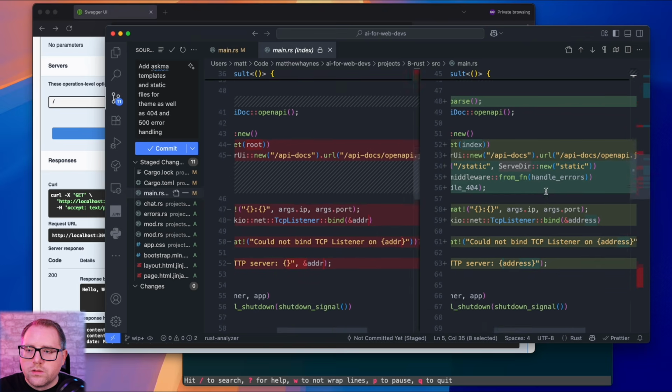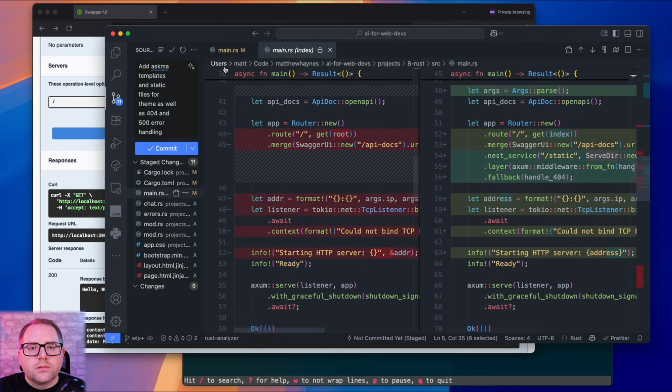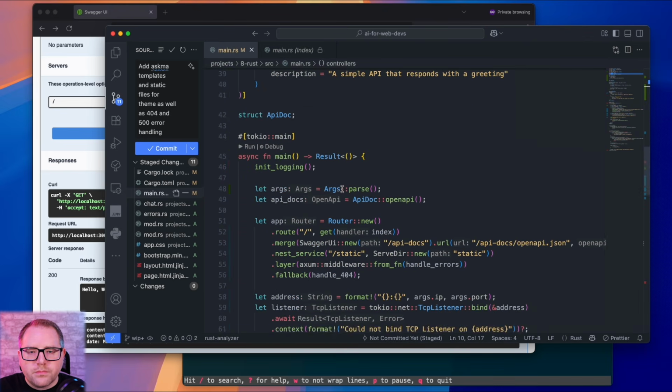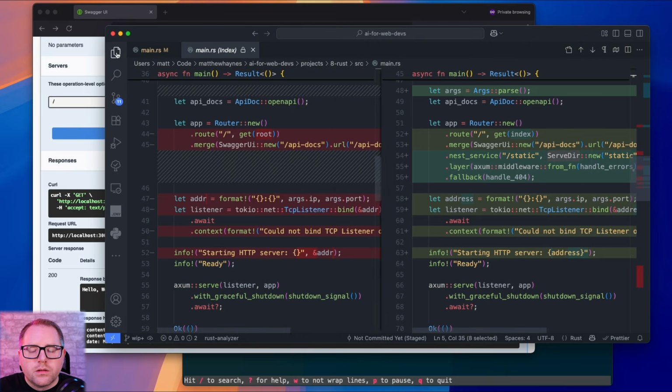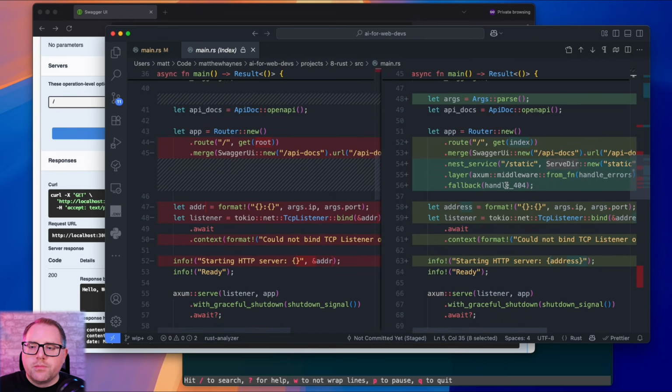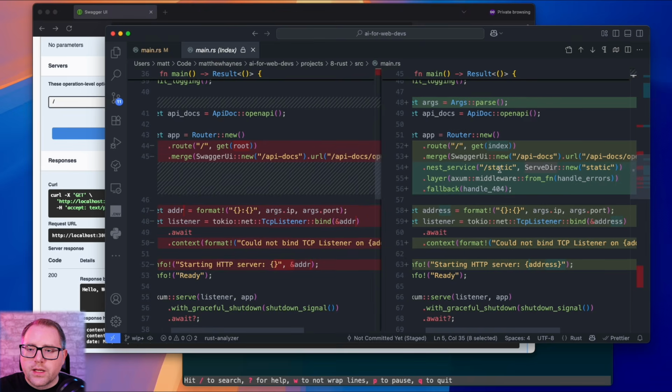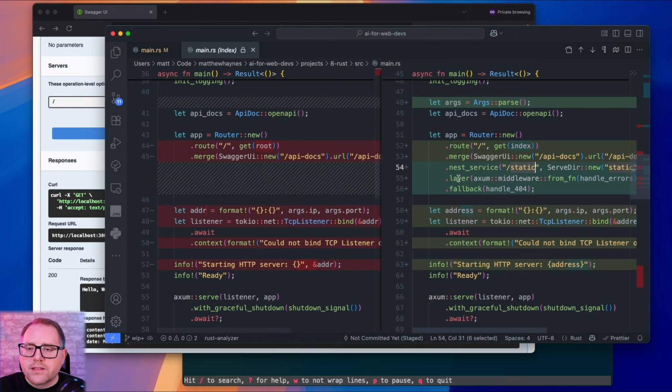So we've added a middleware to handle static. There's going to be a static directory that we're going to serve from. We're also going to add some handlers for 404 and error. So there's going to be an error controller to handle like 500s and also handle 404s.